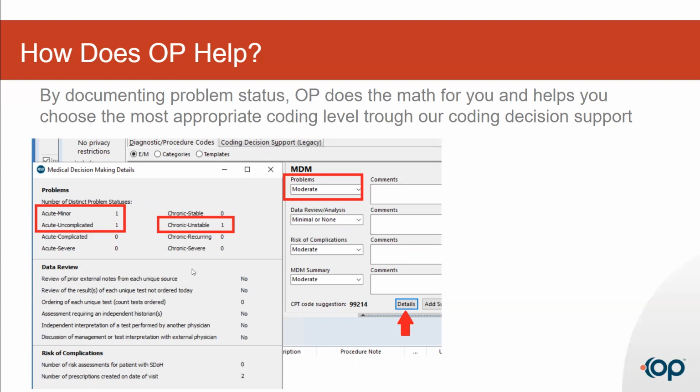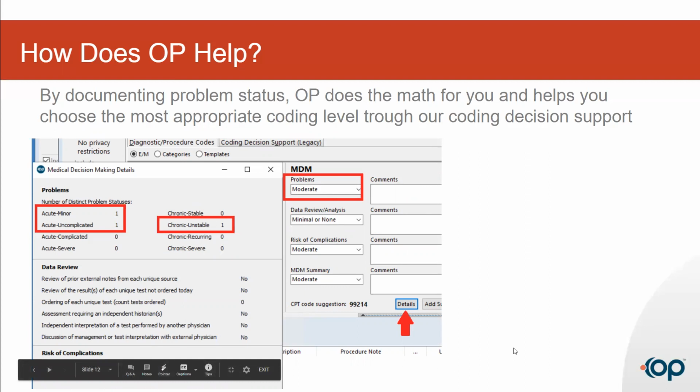And remember that in order to pick the level for the visit, 2 of the 3 sections must meet this: problems, data reviewed or analyzed, and risk of complications. And if we look here, for this patient we wrote some medications, probably some mometasone and high-dose amoxicillin if I go back and look at my note. And that will drive the risk of complications to moderate. So we've met the 2 out of 3, moderate problems, moderate risk of complications. That's a